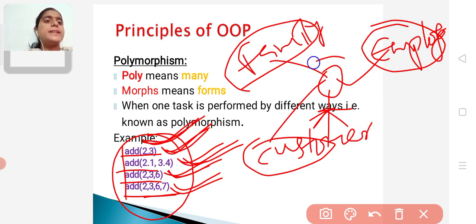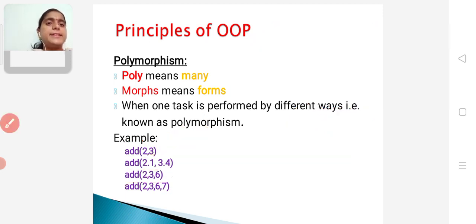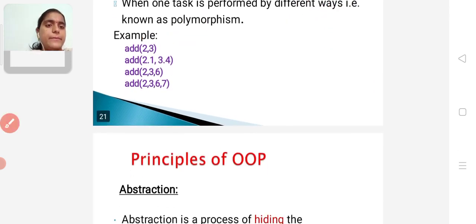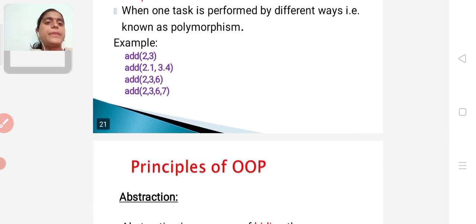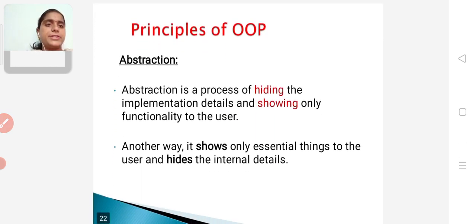Here the person is the same, only one person, but he is behaving in different ways at different places, right? That is called polymorphism. So these are the examples of polymorphism.